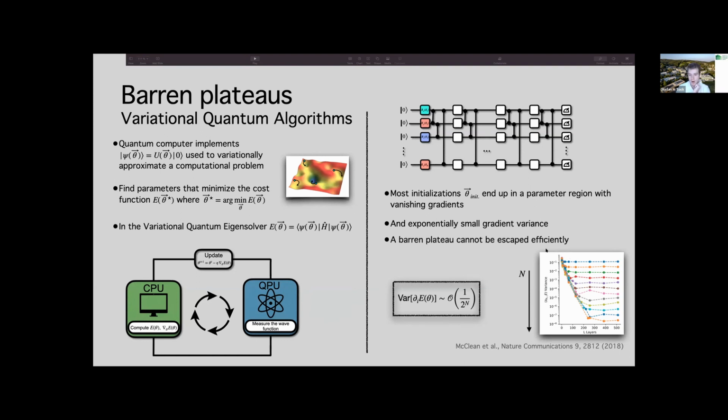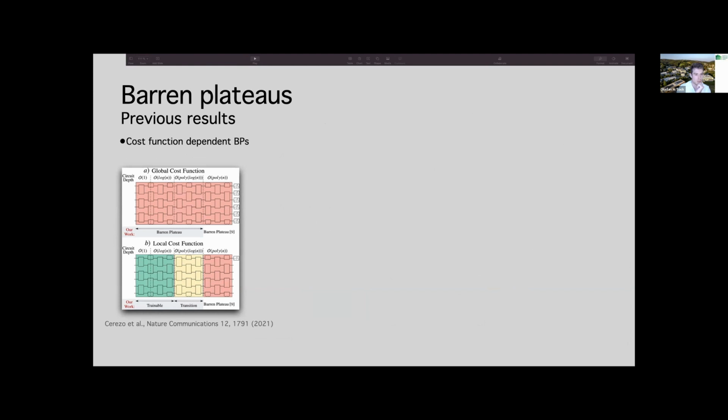And so if you are in a Barren Plateau, you cannot escape it efficiently by any means, because this requires an exponential number of measurements to get this exponentially small value, so you're completely screwed when you are in one of those Barren Plateaus. So this problem has been around for some time,